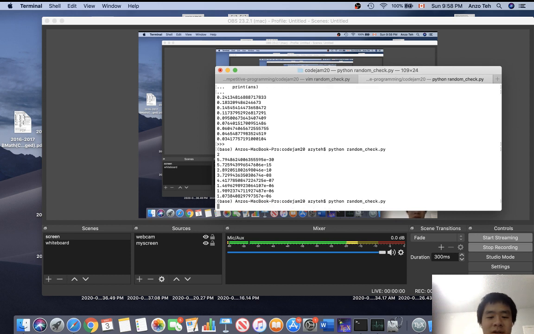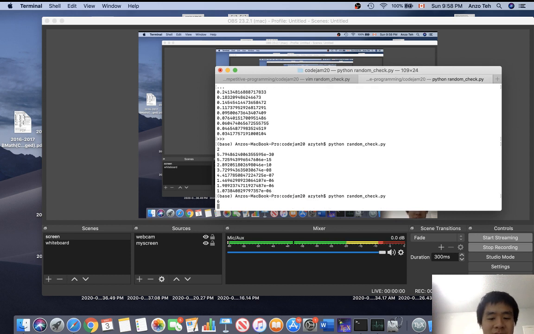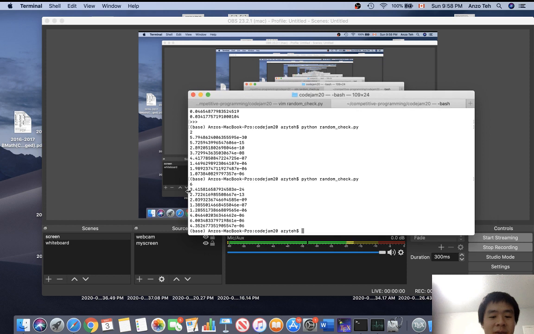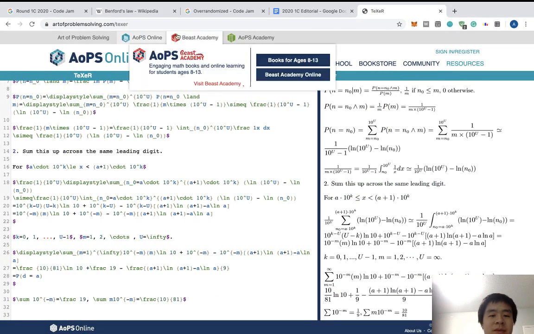If you go something like 10 to the 6, then they are kind of the same, as in the probability goes a bit bigger, but still in the range of a few in a million. So you are pretty safe in this case. So yeah, this is